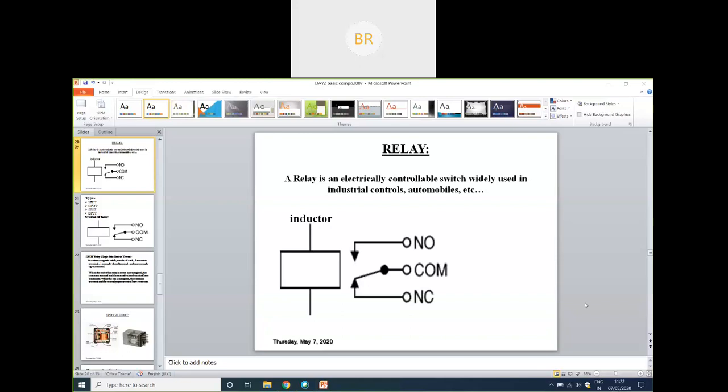So as I was telling, relay is a component that is used to switch high power devices using low power devices. So in this case, you need to know how to interface this relay with your home appliances, as well as how to interface this relay with the controller, right?